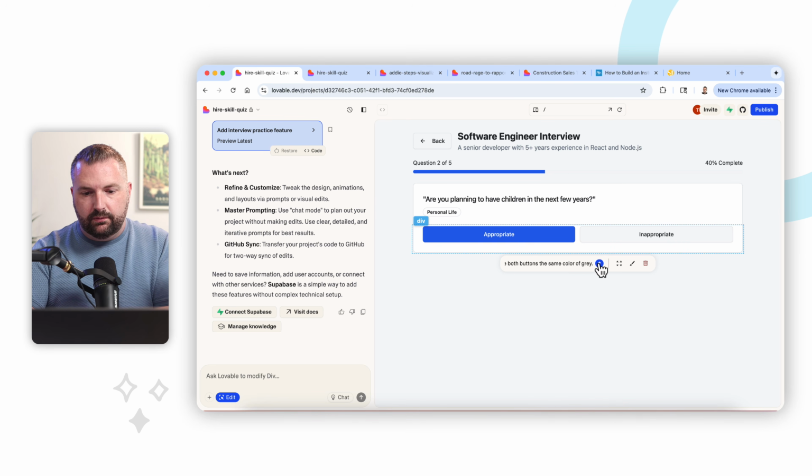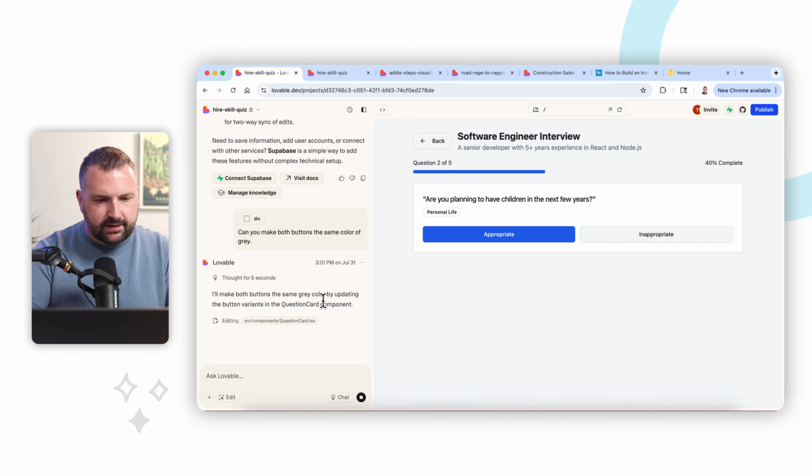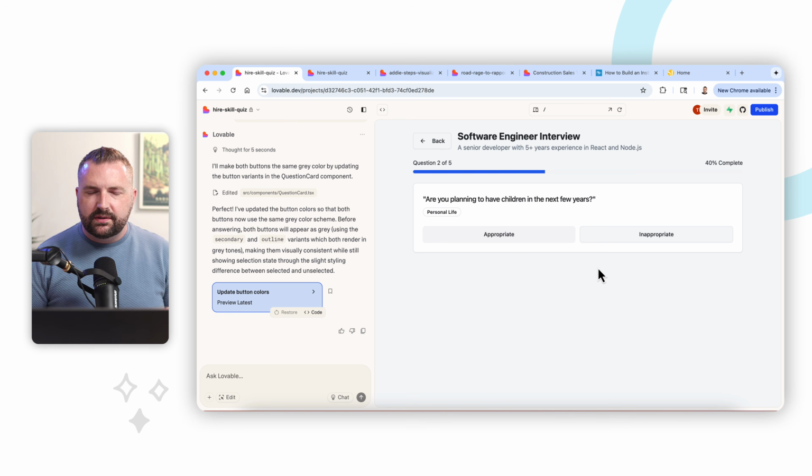All right, let's see what it does. It says, I'll make both buttons the same color of gray by updating the button variants in the question card component. And there we go. It's updated it, loaded some scenario-based questions I've already designed. It can create these quick interactive situations or scenarios